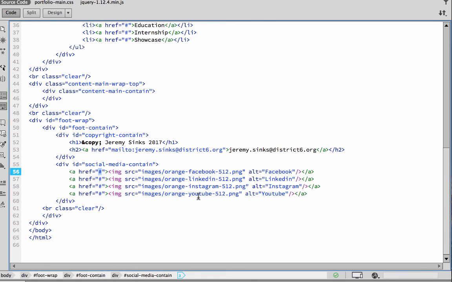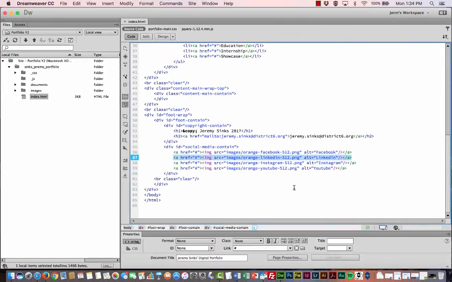Again, we encourage you to not use a social media account that you want to keep private off the internet airwaves. The one that we do recommend that you would be safe in using would be the LinkedIn one, because that's a professional connection, and that's what this portfolio is all about. It's about professional connections, showing who you are, showcasing your talents, etc., etc. All right, so that about wraps up